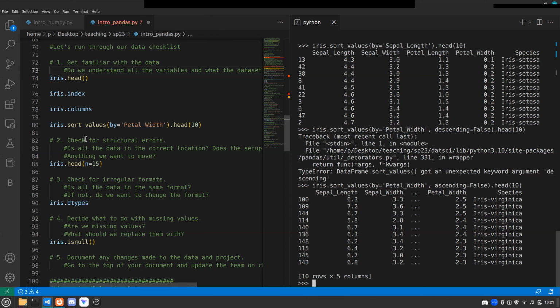Step 2 here is to check for structural errors. So this is basically like, is all the data in the place that we want it in? As I was stating, sometimes people put things in weird places. So like an alternative format of this, I'm going to switch to a whiteboard and go from there. So an alternative format for this data set, let's say we have each column being a